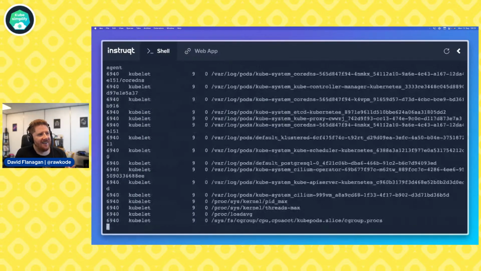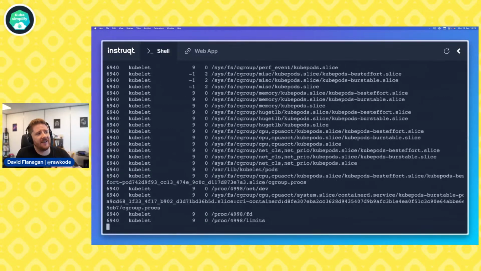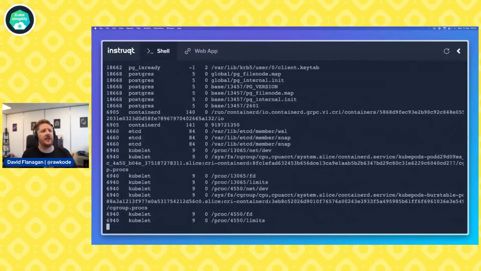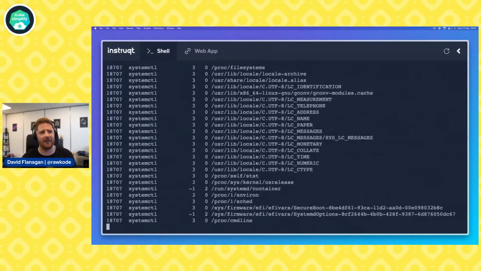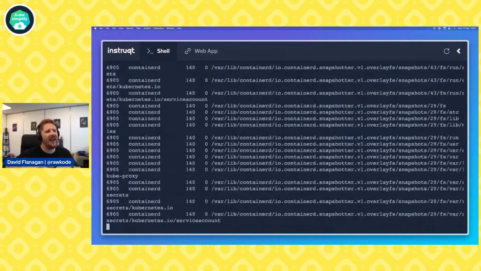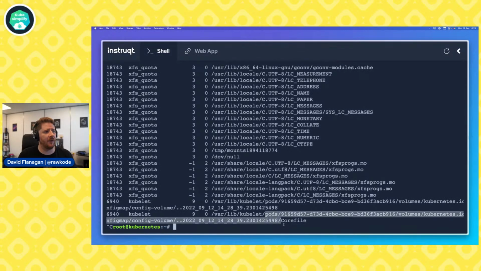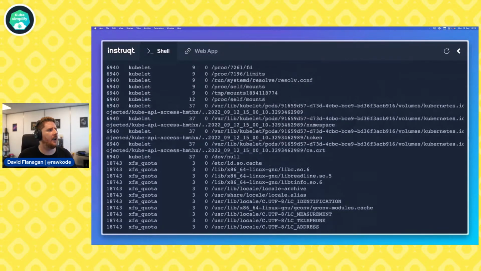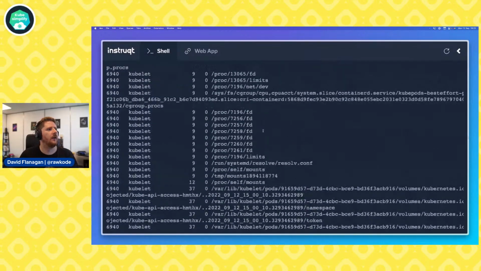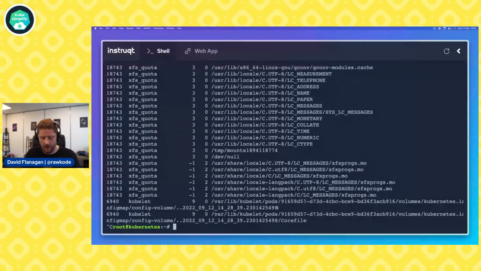There's going to be a lot of information here. Every single time a file is opened on this machine, you're going to see it listed here. Whether that's a process doing an fopen, a shell doing a cat, or a subshell reading a file in to spit it into another process, any file open or anything that accesses the disk, we're going to see it here. And in fact, we can see that the kubelet is reading the core file, so that's our CoreDNS pod. We can see that something used our resolv.conf. So opensnoop is really cool. We also have execsnoop.